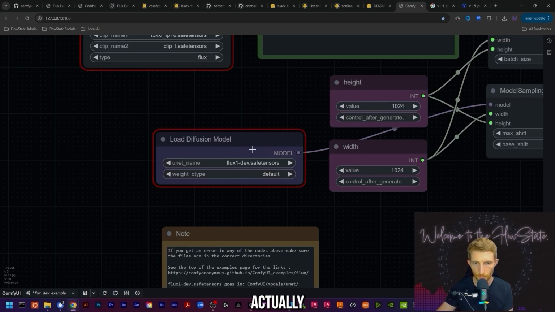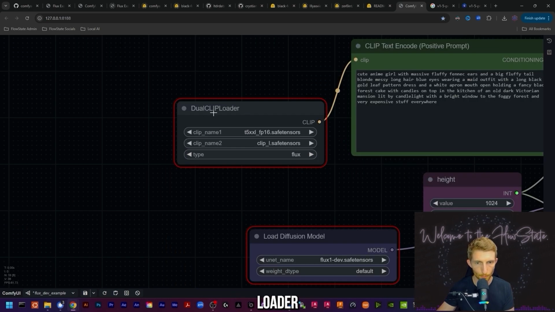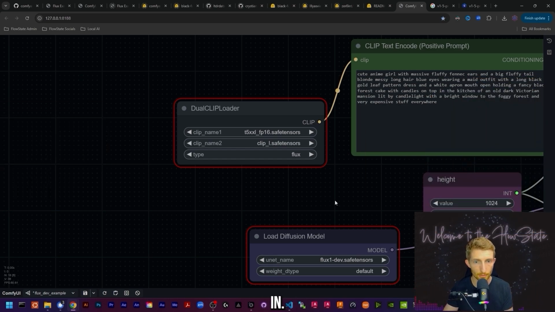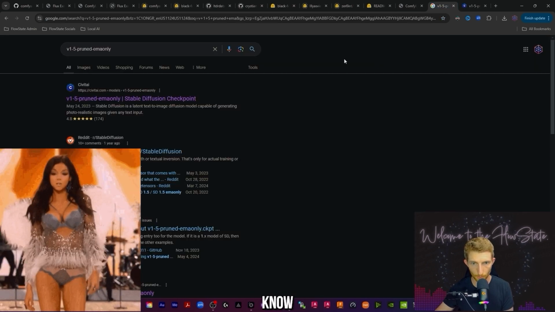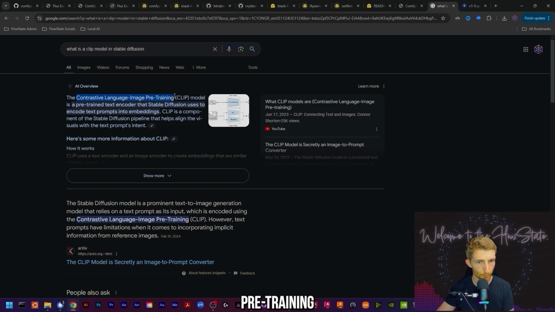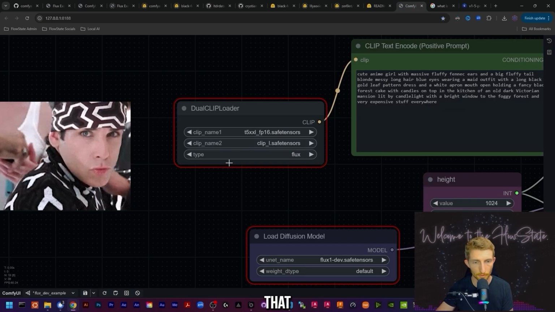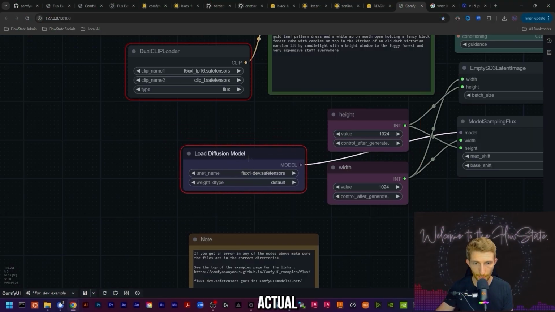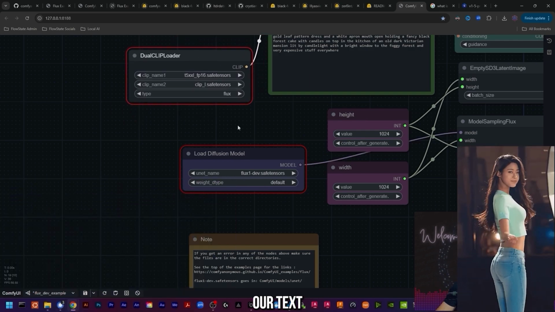So this is the node that's going to actually load the Flux model file. So of course you can see we need this flux1 dev.safetensors. Up here we have this clip loader, which is not something we saw in the last video because that basic stable diffusion model kind of has that built in. Now a clip model, if you want to know what that is, you can see that clip stands for Contrastive Language Image Pre-training Model. Basically what that does is it converts your text prompt into ones and zeros for the model to use. So we need our actual model, we need our clip model for our text prompt,